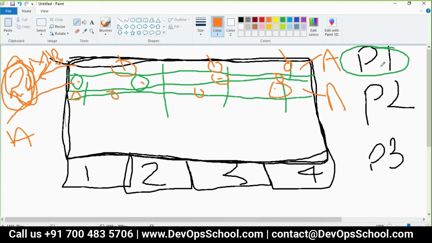Let's say you get 20 GB here, you get 30 GB here, you get 40 GB here, like that. So different formats you can set up per namespace, based on project requirements, but it has to be under the overall capacity of the cluster.